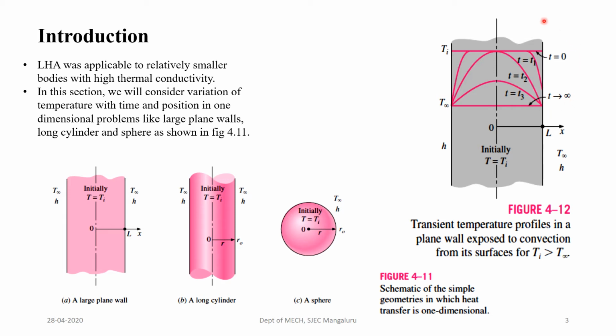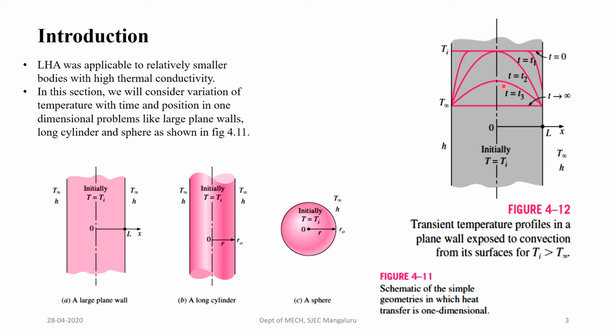Now if you see this sketch geometry, the temperature profile is symmetric with respect to the axis. Therefore, the temperature variation we consider along the x direction, and x starts from the axis, x equal to 0 at the center, and at the surface x is considered as L. So L represents half of the thickness of the medium. The entire temperature distribution shown is the same for a long cylinder and a sphere also.